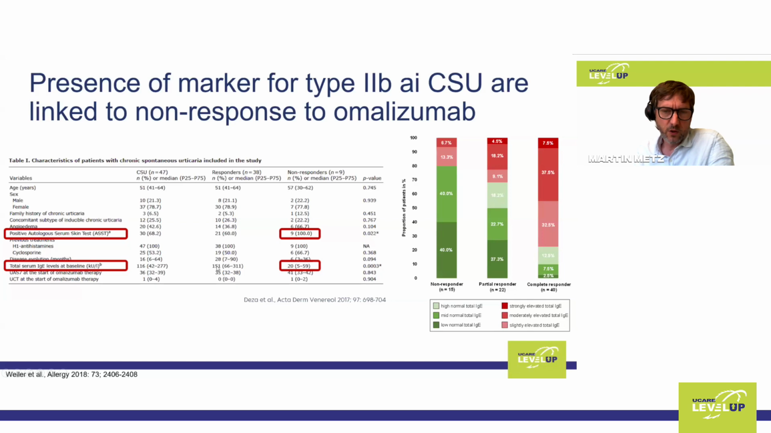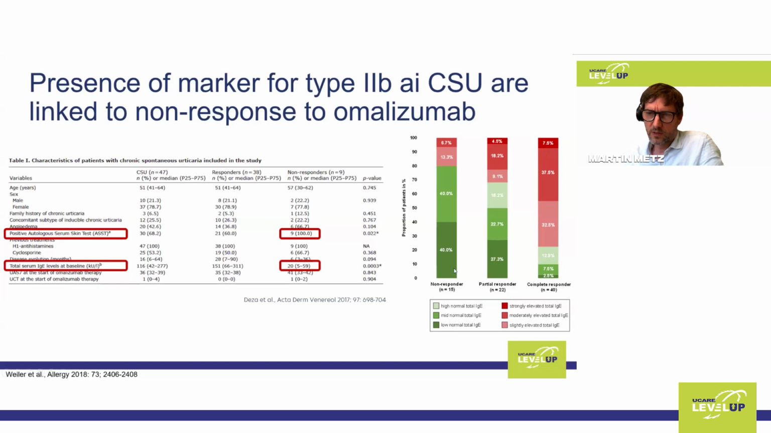But it's not only that. So Anna and her group and we around the same time showed that it's not only the late responders, but also the non-responders that do show these features of type 2B autoimmunity. So if you only look at the non-responders, here in Anna's group, it was 100% of those that were ASST positive, and the vast majority had very low total IgE levels, as you heard before from Murat,